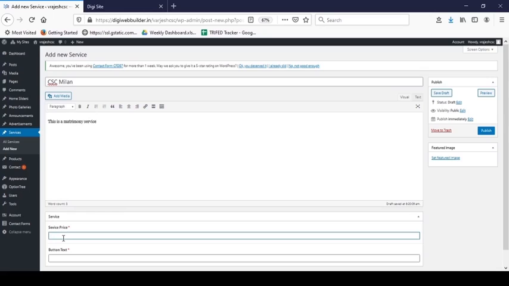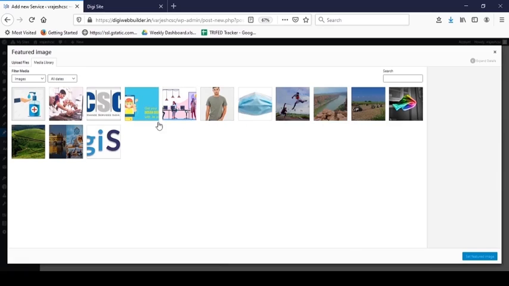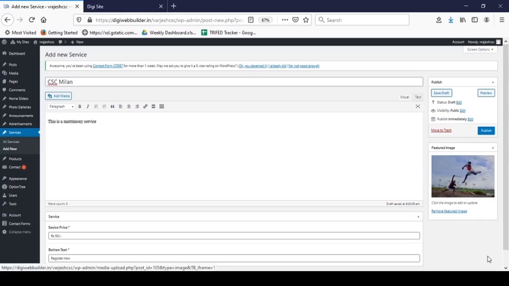Enter price for your service, enter your button text, set image for your service, you can add any image, set featured image, click on publish button.